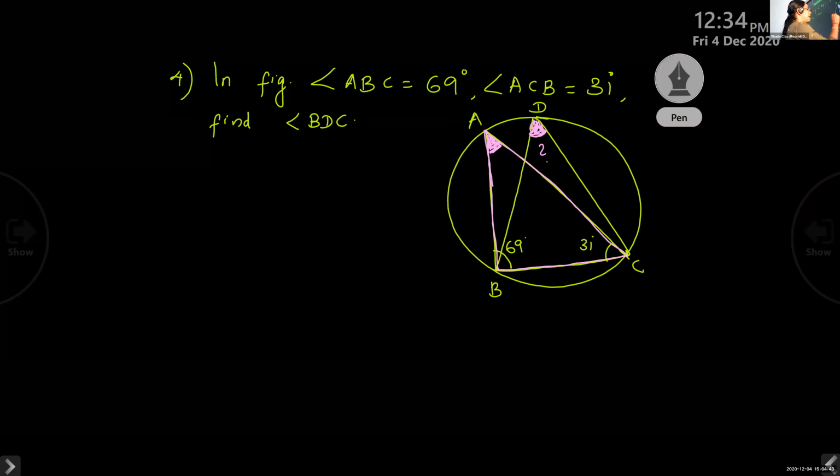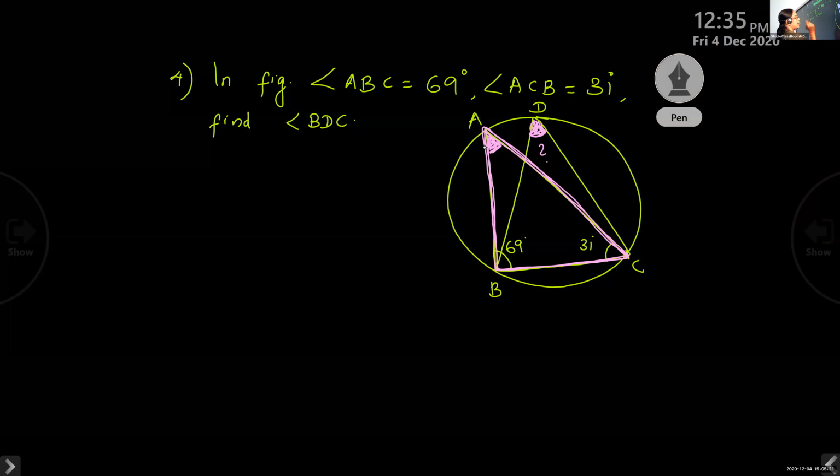There is a triangle. Can you see this triangle? We have to include the other angles which are given in the question. Now, are you getting any idea to find that angle? 180 minus 69 plus 31. It's good. You got the answer, correct? It is a triangle. Other two angles are given, so we can find the third one by subtracting the sum of these two angles from 180.